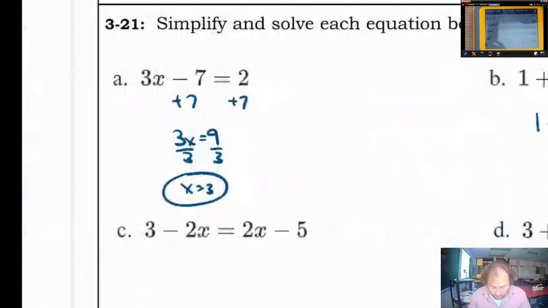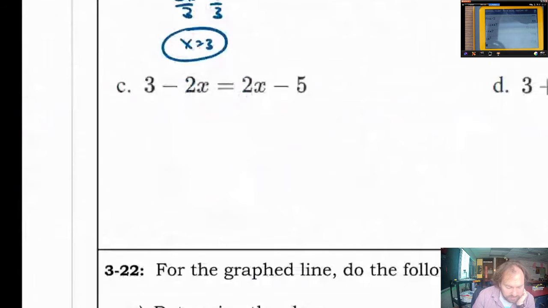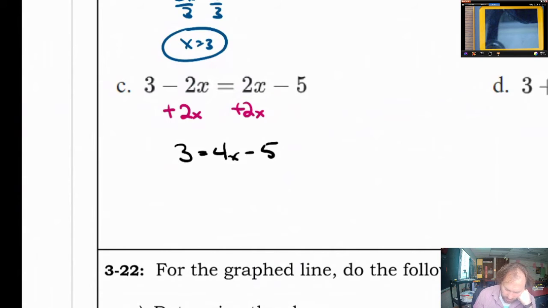Question C, again, we want to think about algebra tiles and flipping things over. Let's take these negative 2x's and let's add them to both sides. Let's flip them up and move them over there. That will leave 3 on the left, 4x on the right, and the minus 5 on the right also. Here we'll start by adding 5 to both sides. 3 plus 5 is going to be 8. 8 equals 4 times x, and then we'll divide the 4 on both sides and get x equals 2